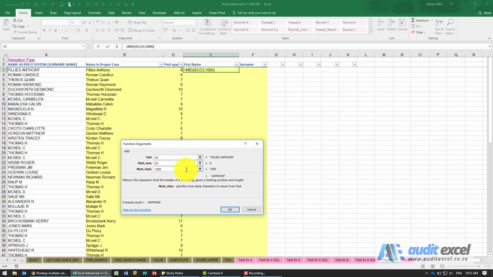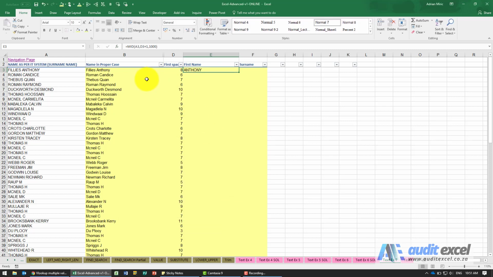If you look carefully, if I start at the 8, you'll see there's a space in the front. So I'm actually going to say start at whatever's in that cell plus 1. When I say OK, you'll see in this case I went to proper case, but then I pointed it here. So I'd rather have it in proper case. So there we go. I can now copy and paste it, and you'll see it's now pulled out the first names.